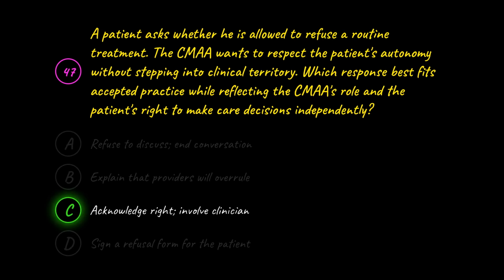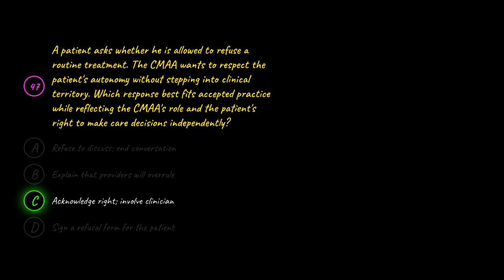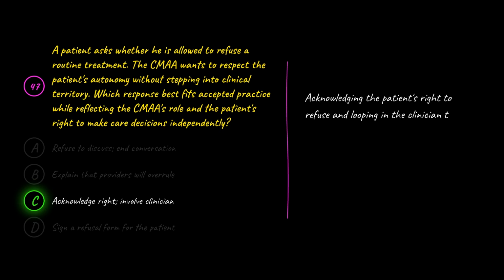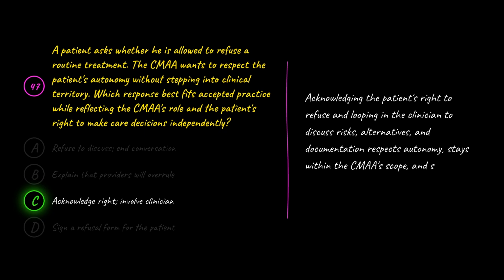The correct answer is C. Acknowledge right, involve clinician. C is correct because acknowledging the patient's right to refuse and looping in the clinician to discuss risks, alternatives, and documentation respects autonomy, stays within the CMAA's scope, and supports a clean handoff to the clinical